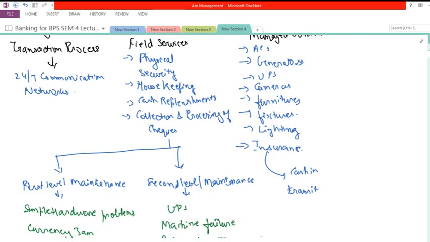इंश्योरेंस लिया जाता है. Because it might be possible that someone comes to know that cash is in transit, a huge amount of cash is in transit, so they might try to attack that particular vehicle which is carrying this cash. So in order to prevent such a thing, or if it happens, if this untoward incident happens and a robbery takes place, then a bank is able to ensure that कि ये पैसे उसे वापस कहीं ना कहीं पे वो इंश्योर्ड रहे.